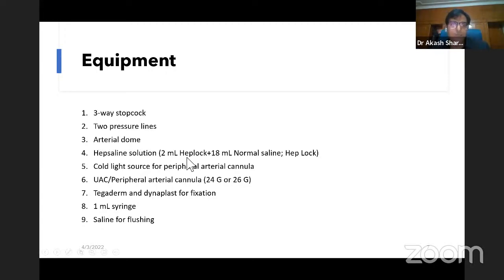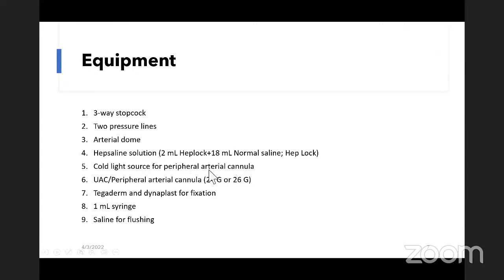has already spoken, the heparin infusion through the umbilical arterial line is usually 0.5 to 1 units per ml. So we usually dilute 2 ml of heparin in 18 ml of normal saline. For putting in a peripheral arterial cannula, a cold light source is used. I'll be detailing about it in the later slides. It is important that you keep the dressing a transparent occlusive dressing so that you are able